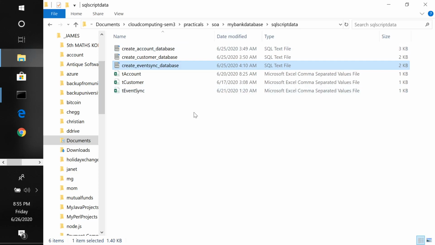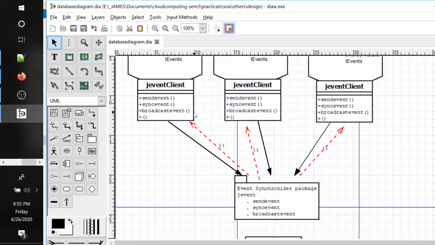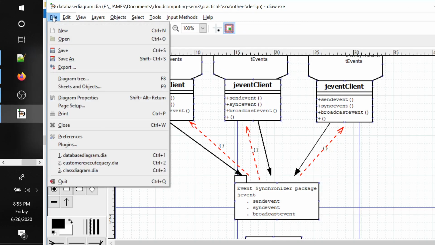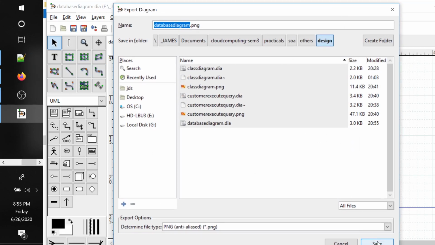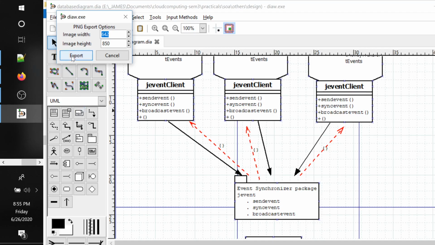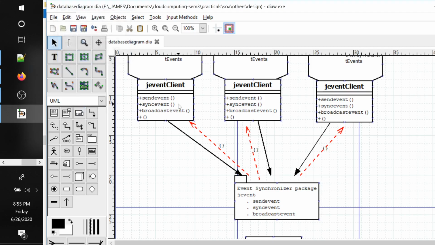Okay, so it has saved, and let me export this in PNG format. Okay, so that is done.